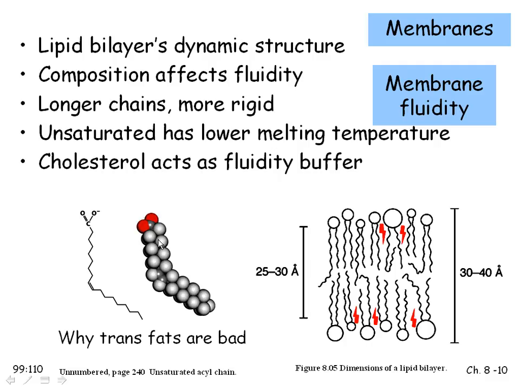These things come together in a number of dimensions. The longer a fatty acid is, the more rigid it's going to be, or the higher the melting point will be. The more energy it'll take to melt it. The more unsaturated a fatty acid is, the more fluid it'll be. It'll have a lower melting temperature. And interestingly,